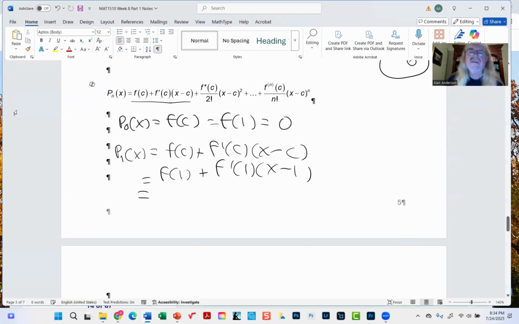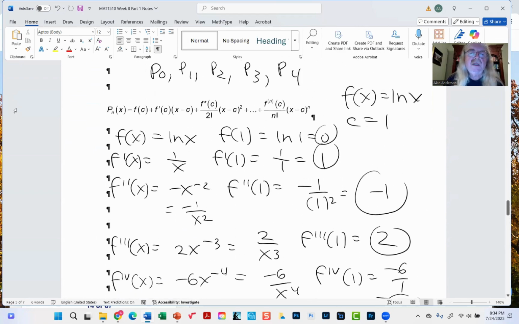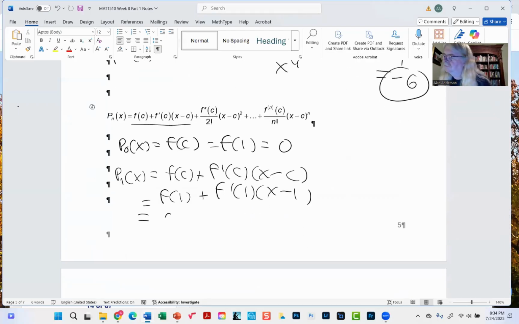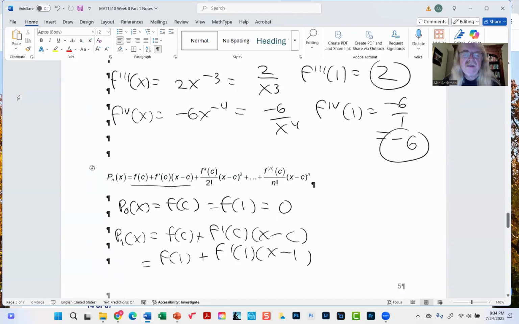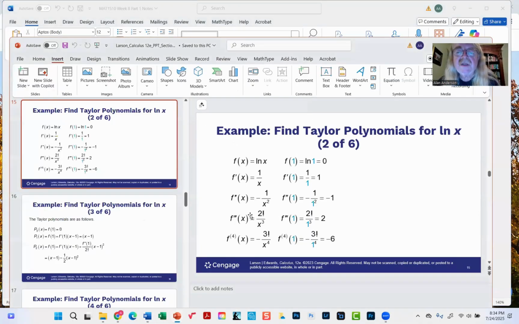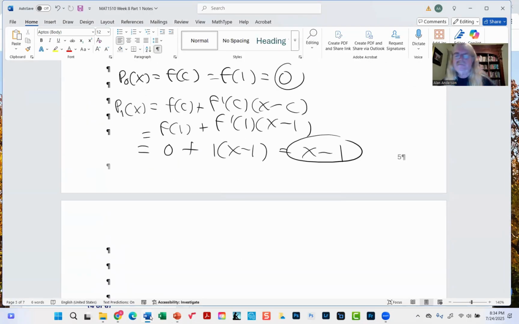F of 1 is 0. F prime of 1 is 1. Okay, great. So we start with 0 and x minus 1, and then P2